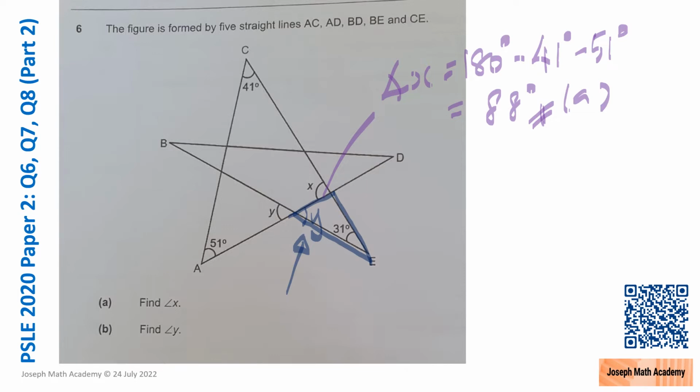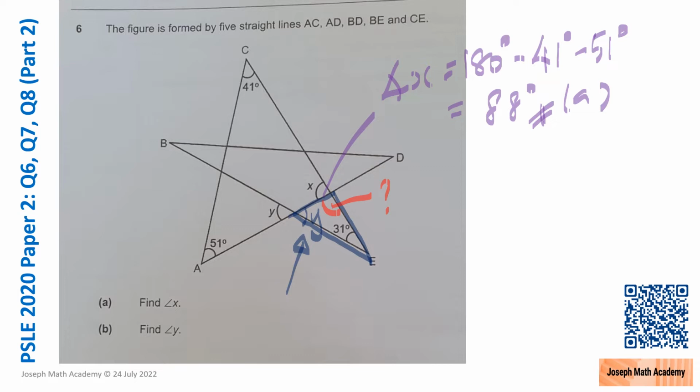So angle Y is within the dark blue triangle together with 31 degrees. Now there's another unknown angle beside angle X. This unknown angle can be found super easily